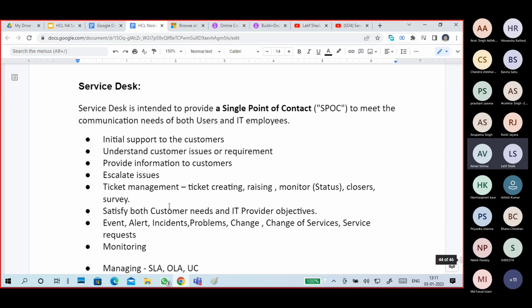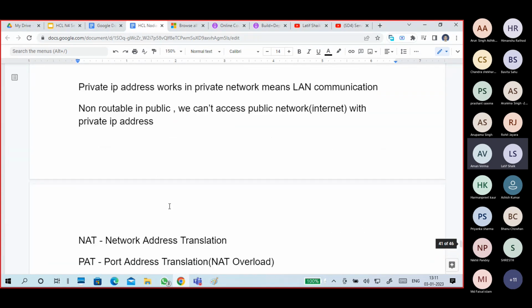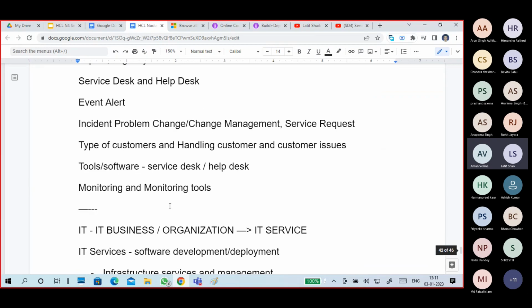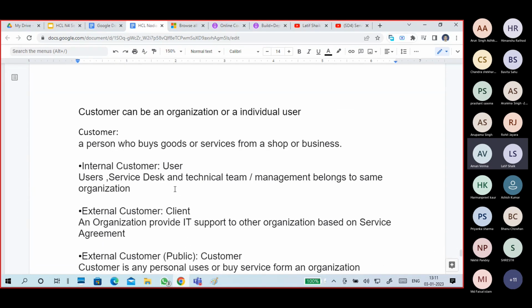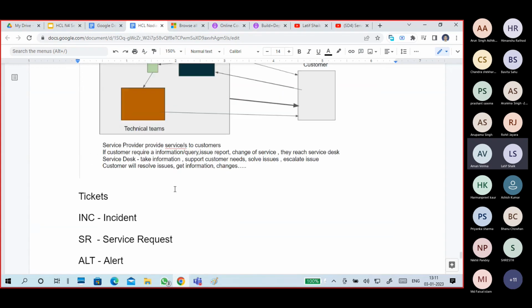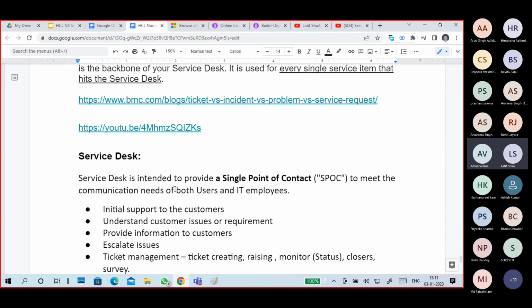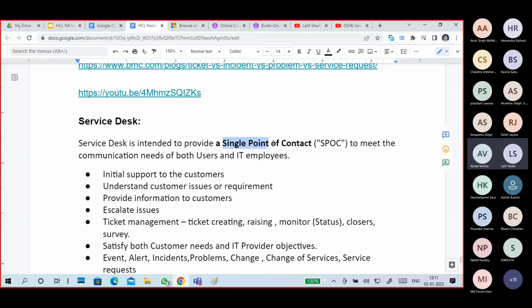Tomorrow. Today I just wanted to give an overview of the important things, guys. These are very important points. First of all, what is a service desk? A service desk is a single point of contact to meet the communication needs of both users and IT employees.